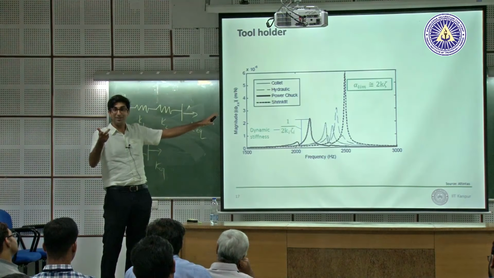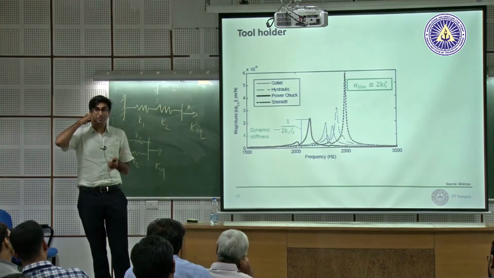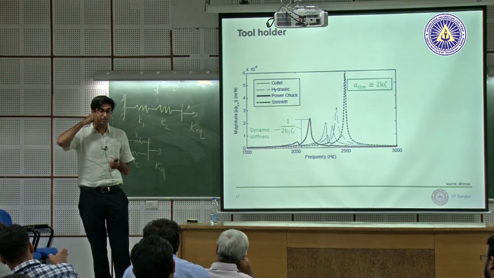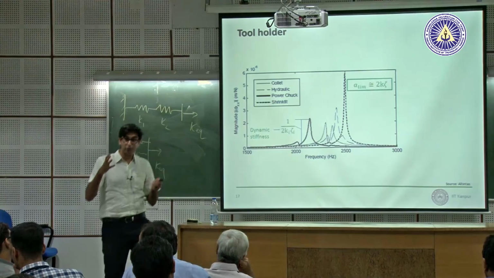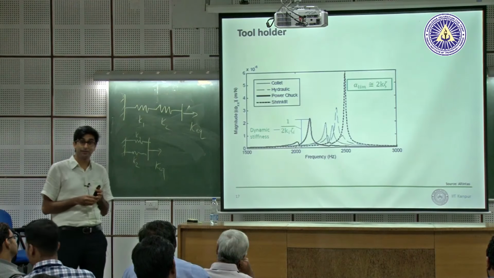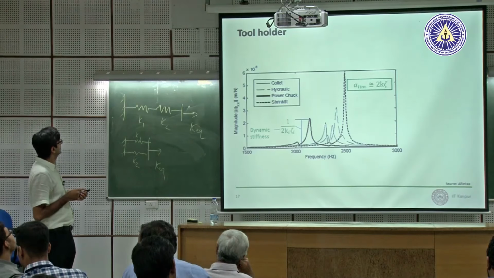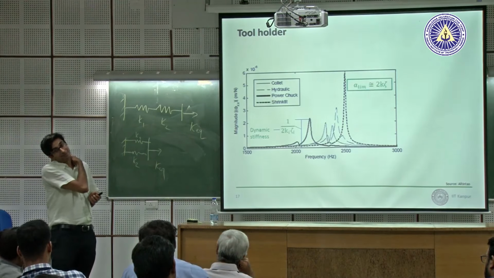It might be, depending again on the application. But dispel these ideas that power chuck is bad, or that power chuck or shrink fit is the best. This is what the objective is. Think of it a little differently, using stability as a metric. Just looking at only the dynamic stiffness is just telling you the absolute minima.